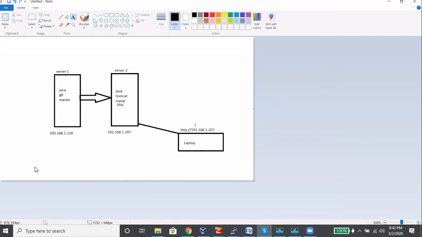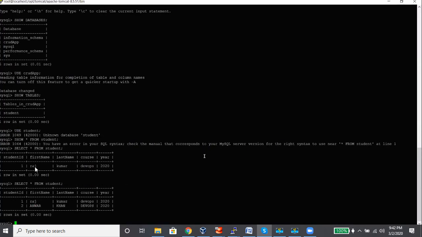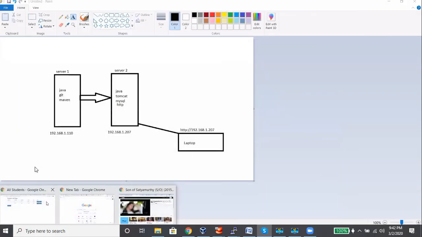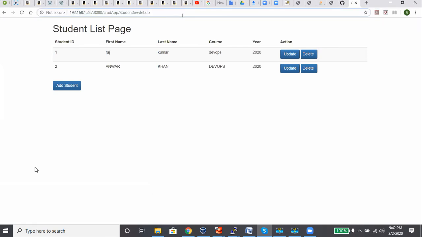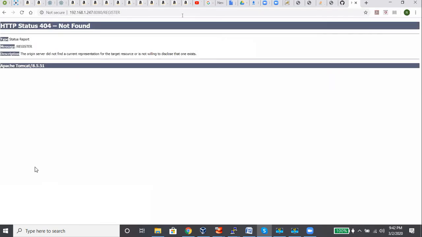So is it clear? You are hitting the particular Tomcat IP by specifying the port number, which is 8080, in which you are looking for CredApp. Let's say, for example, this is one application. CredApp is an application. Let's say you have one more application, like a daily login register. So what is the case then? You go here, you open here. Now that will be register. That's it. You can see the database.